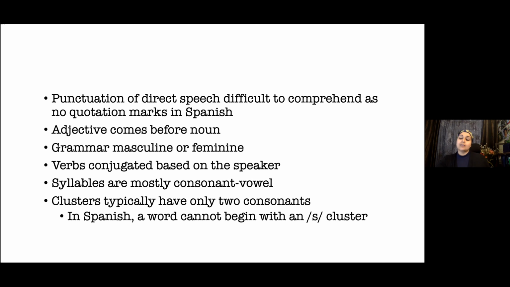Is it truly consonant cluster reduction, or are we giving them words in that sample that just don't exist in their language? Can we try a cluster that doesn't have S, not an S cluster at the beginning of the word, and see if they can do it? And maybe they don't have cluster reduction. Maybe it's just they haven't been exposed to that type of cluster. Again, some of the considerations that we don't look at.